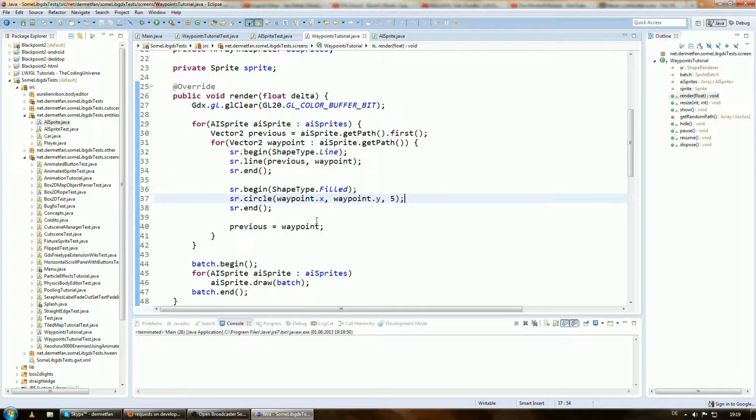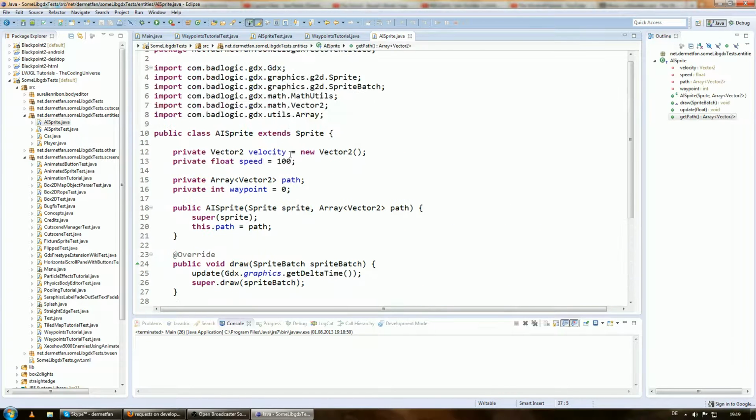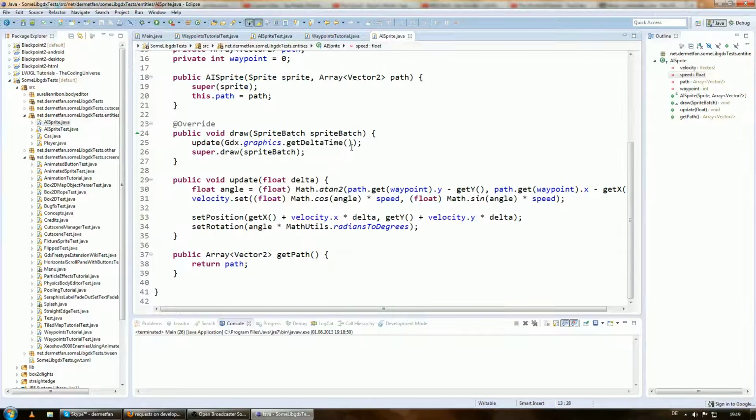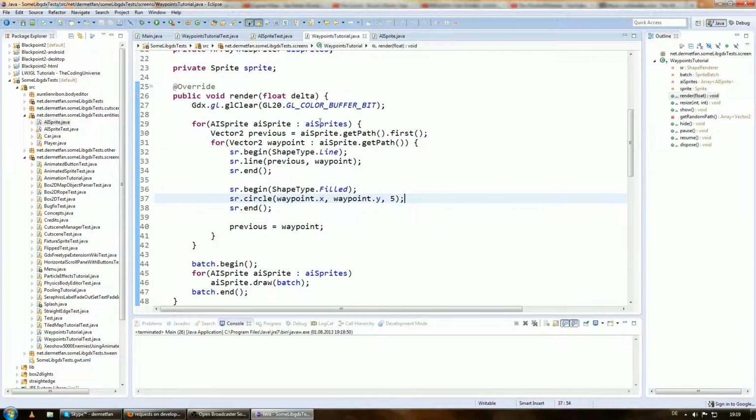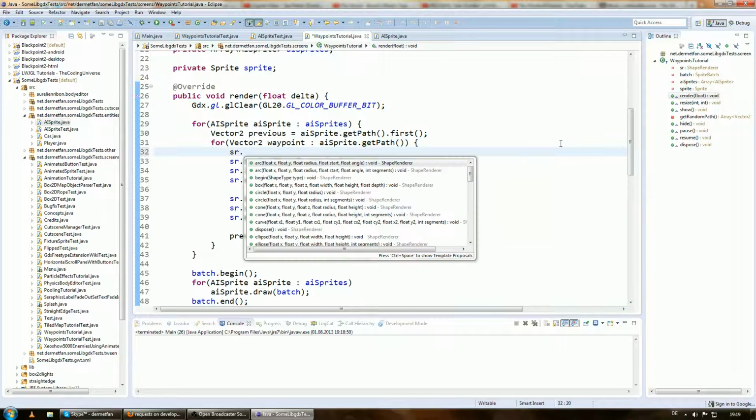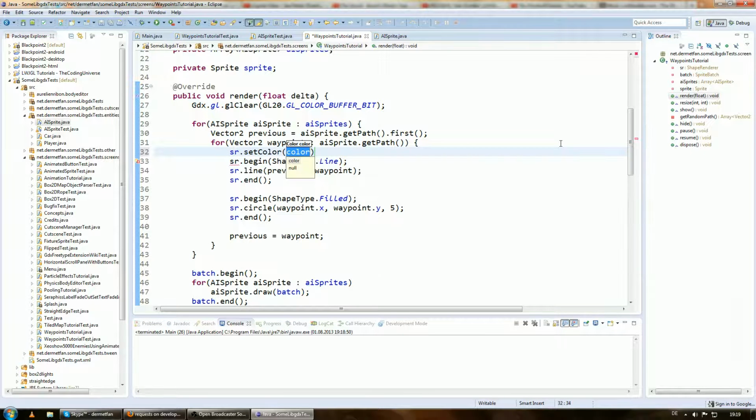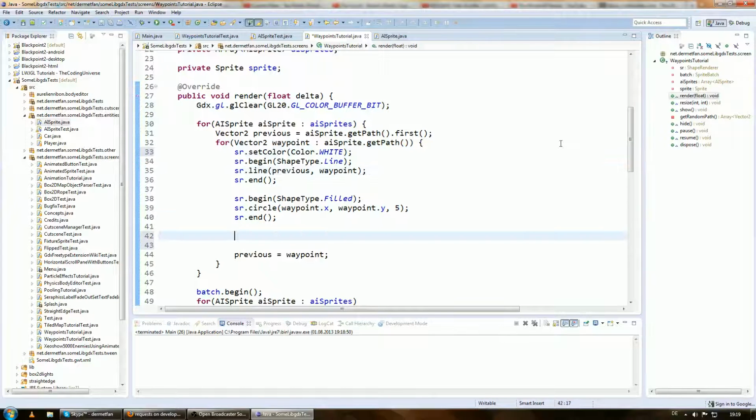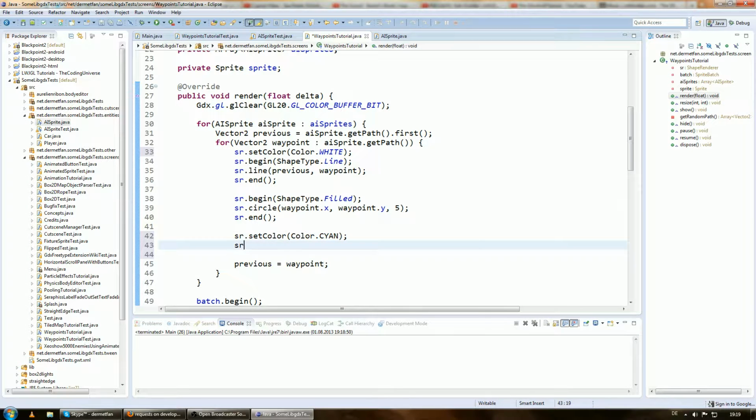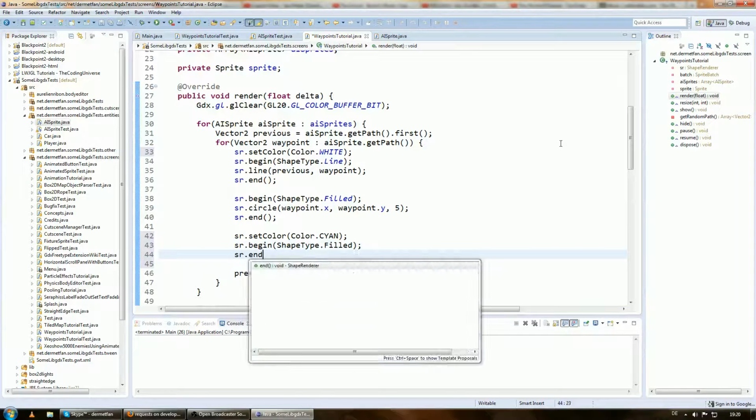Okay, so this is still not very interesting. At first, this thing is hacker slow. Let's make it 500. And actually, probably you remember that blue line that we had, so let's get it again. sr.setColor Color.white, as it has just been, and sr.setColor Color.cyan, sr.begin shape type.filled, sr.end,